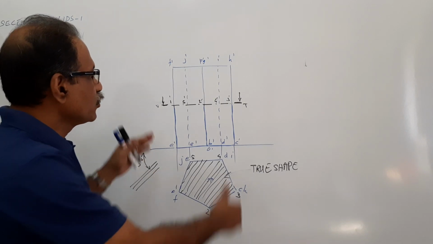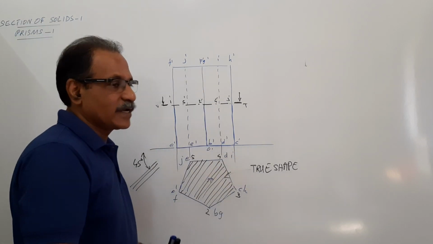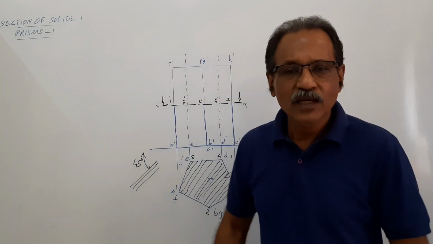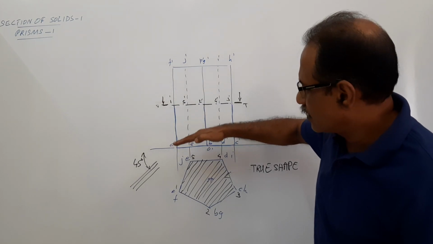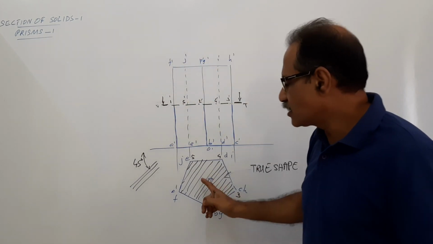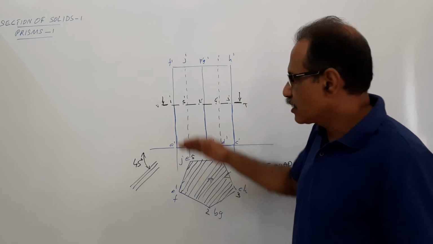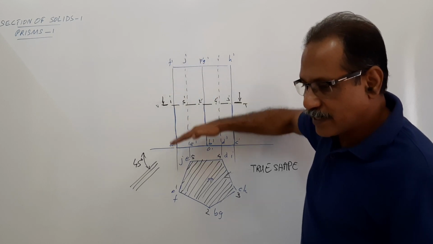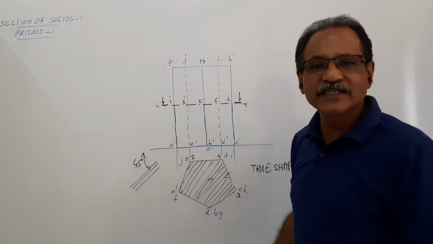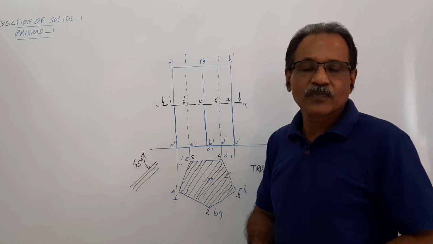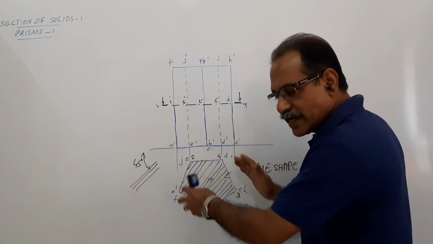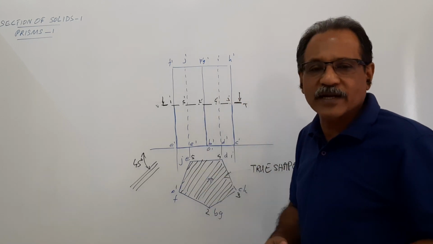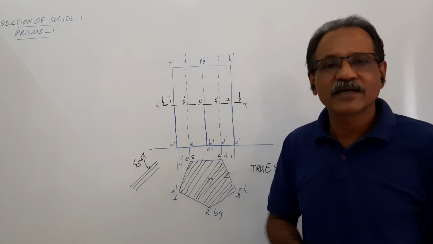So what did you complete? You drew the sectional elevation and the sectional plan. True shape is available in this. Agreed? Now, if you shift the cutting plane anywhere, this remains the same. Yes, as long as the horizontal cutting plane is here and it is shifted, this remains the same. Only the sectional elevation changes. True shape also remains the same. I hope you understand. If you change the orientation of the prism, nothing else will happen. There will be 5 points. You will mark the 5 points in the plan. Very simple question. Okay. Thank you.